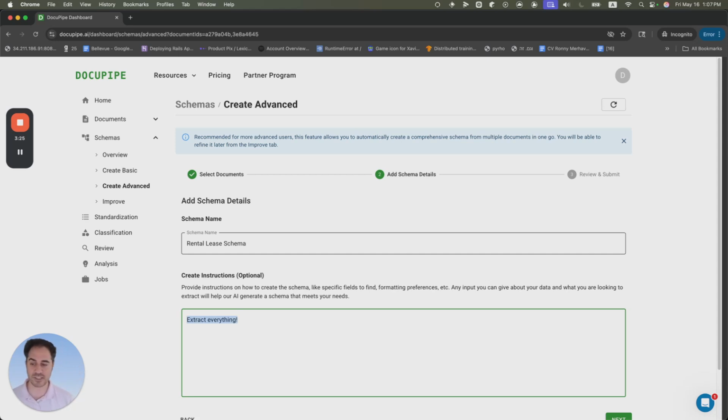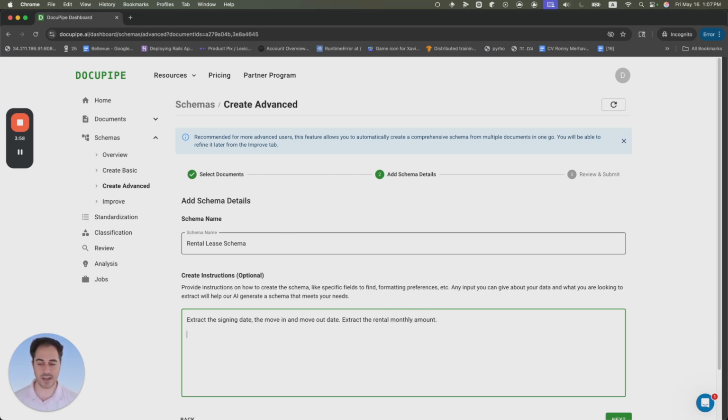But for this demo, we want to show you how you're able to steer our AI and tell us what you want, because often there's nuance. There's the things you care about, and our AI doesn't know your business needs or your ultimate goal. So for this exercise, let's actually define what we want to extract. So let's be super concrete. Let's say extract the signing date, the move-in and move-out date, extract the rental monthly amount,